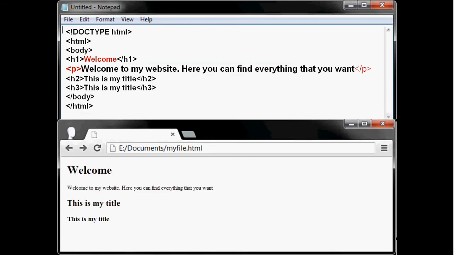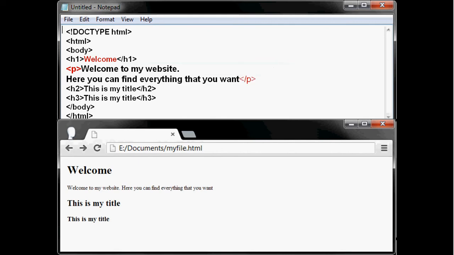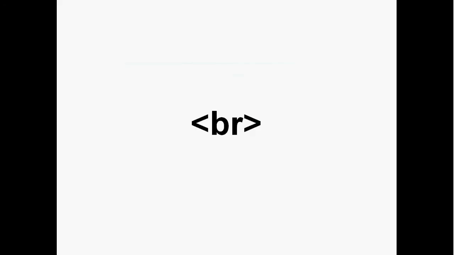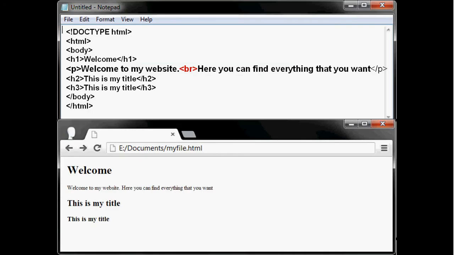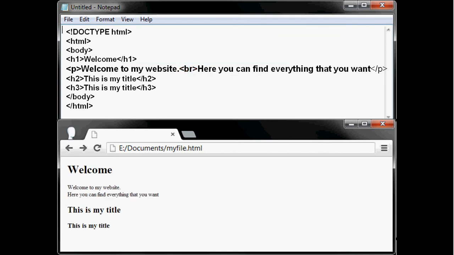If you want to write these two sentences one below the other, as you can see, if you use Enter to do that, nothing changes. In HTML we use the break tag to do that, so instead of Enter, at the end of the first sentence type the BR tag. Save and reload. And don't use paragraph tags to divide sentences, that's just wrong.